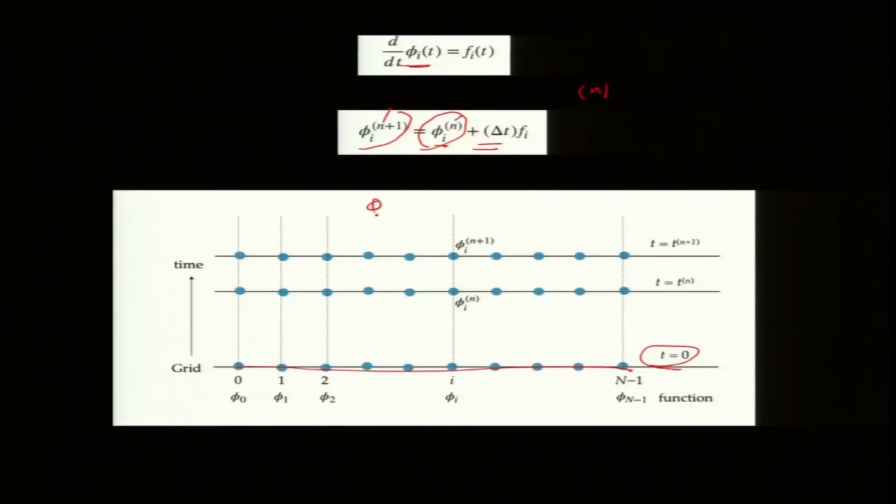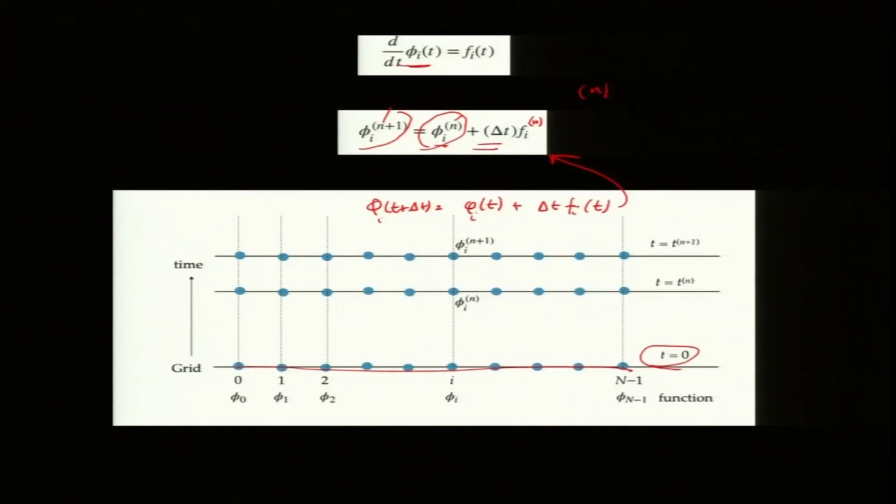So, this is Euler method, right? Everybody knows about Euler method. So, this is at time t. You can write this as phi at t plus delta t is phi at t plus delta t times the right hand side f at t. This is translated here, I am indexing it with n. Yes, f has n index at time t, for Euler forward, good, thank you.